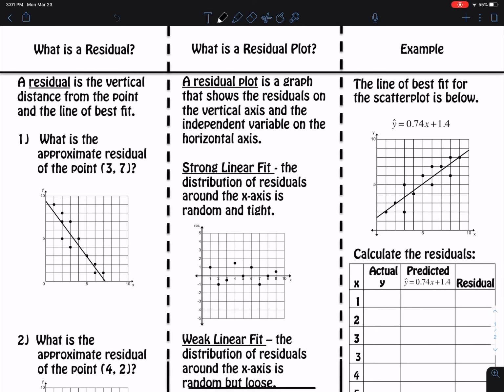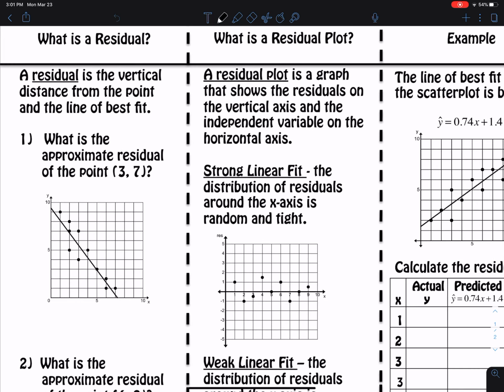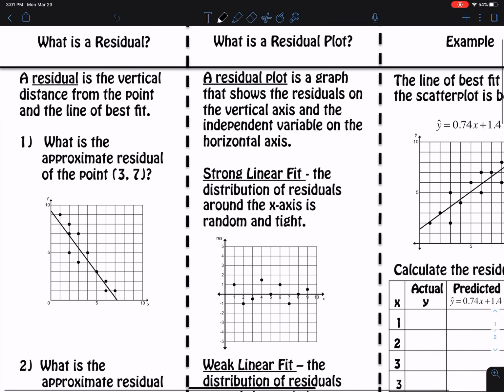Okay, this is the residual plots lesson. So I'm just going to go through these notes that I was going to have us do in class. There's a link on the assignment if you want to print this out and go through these notes too, but you don't have to. So we're going to start with what is a residual,